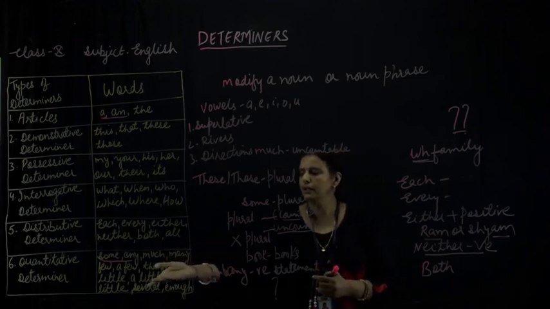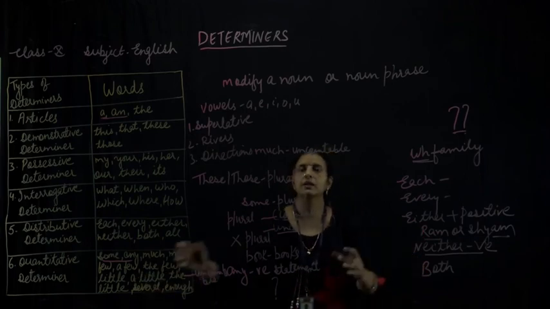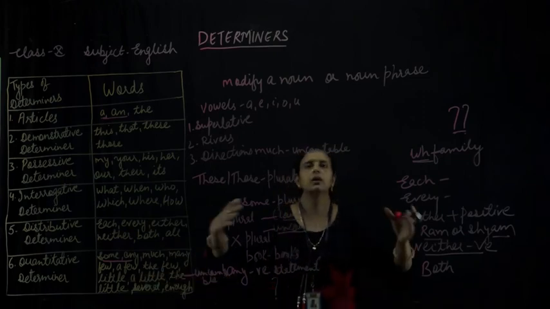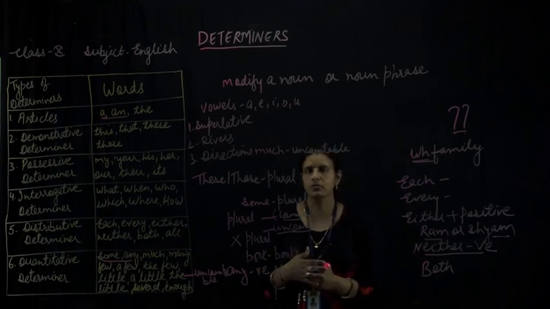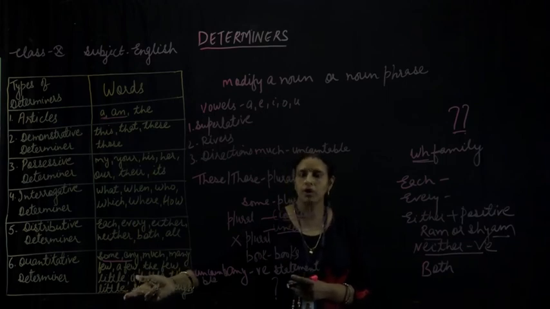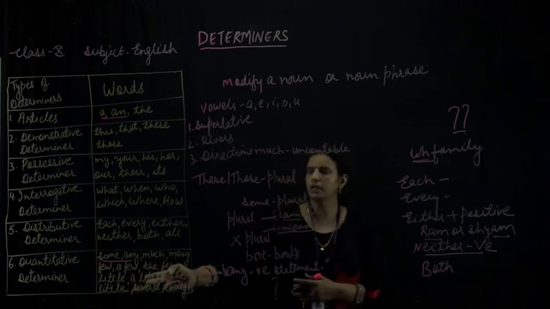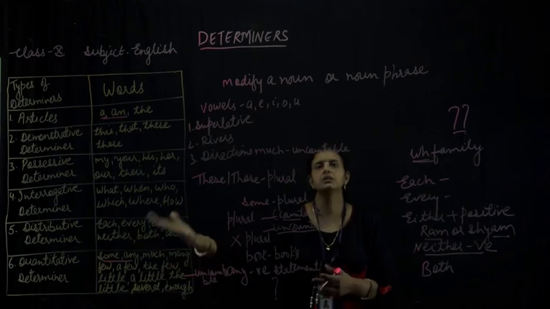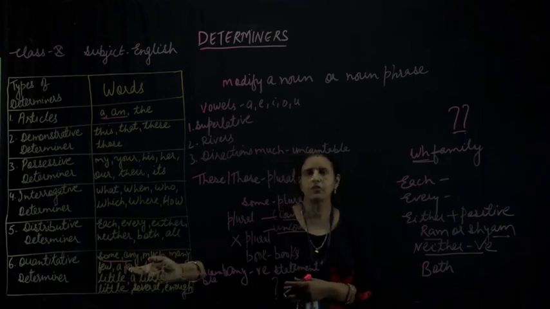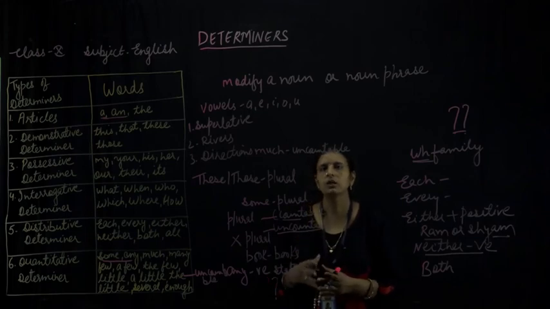Suppose a little water is there in the pond. Due to scarcity of rain, a little water is there. It shows that the water is not in a large amount, but a little water is there. And "the little" means the whole amount. Suppose I say I drank the little juice which was there in the pot, means the whole amount, I drank it. So "little" shows negativity, "a little" means a little bit, and "the little" means the whole amount, used before uncountable nouns. "Few" shows negativity, "a few" means a little bit in number, and "the few" means the whole amount, and it should be used before countable nouns.